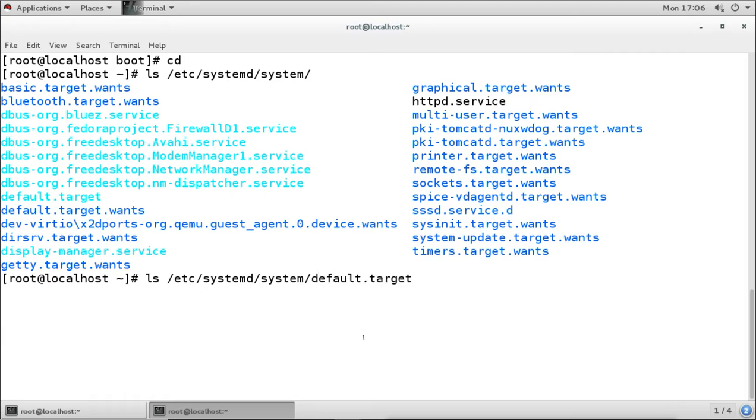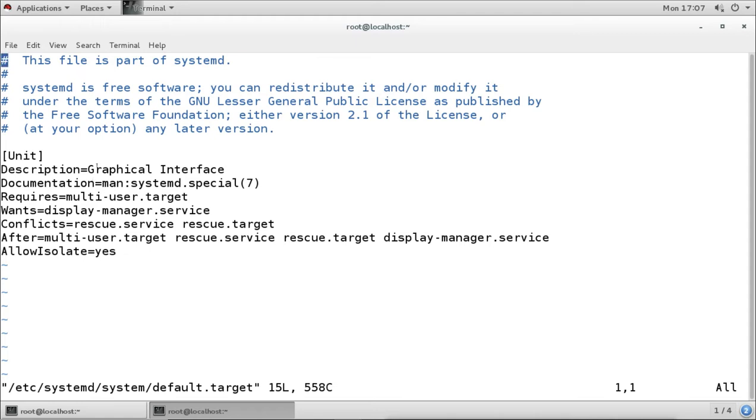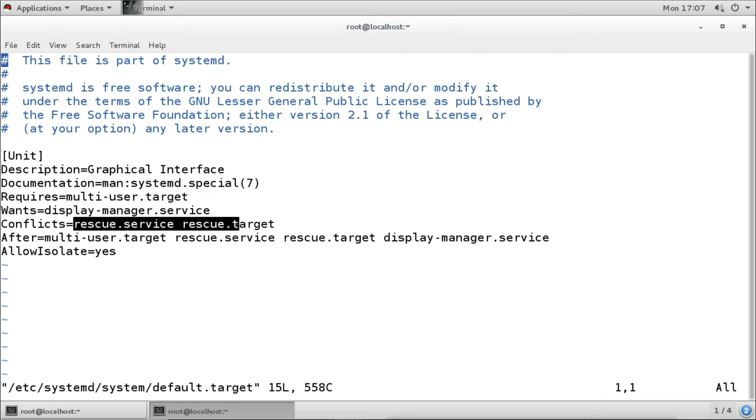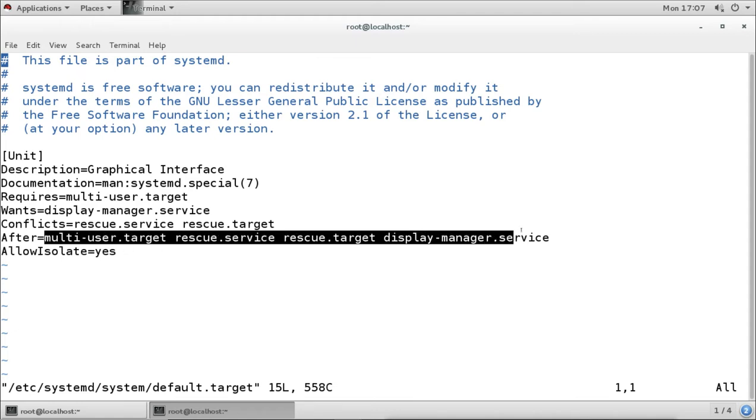This file defines whether the system is going to be graphical or command line. When you check this, it says graphical, so our system boots into graphical. This file also defines what is required to execute this and what the conflicts are, and also which other services and targets it is going to execute after.